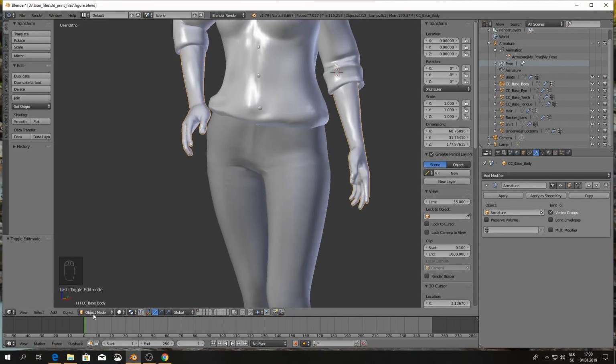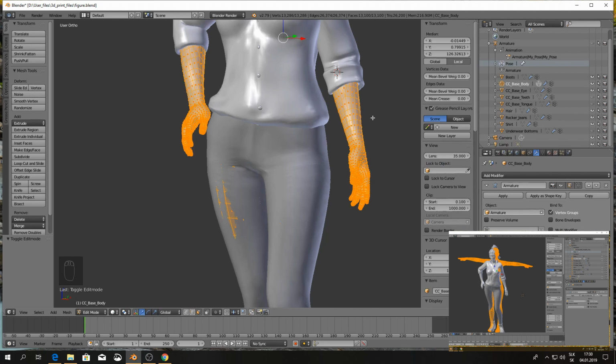For easier 3D printing, split the model into multiple parts.